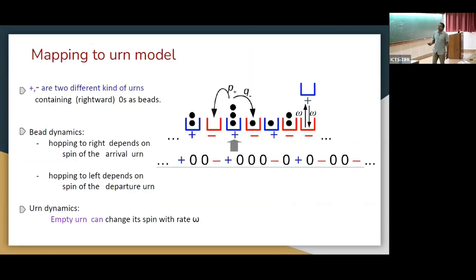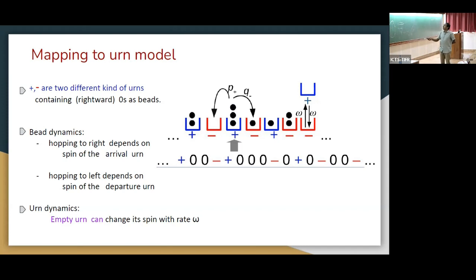So what I do now is that we use a mapping, which is an exact mapping of this model to the R model. So any configuration of the system is just like that. No? There is a particle, and these are two vacancies. There is a minus particle, plus particle. This is a configuration. So what I do is that the plus particle is like a box, plus box. Okay, and there are two zeros, like two particles. Minus particle, minus box with one minus box, no particle. Plus box with three particles. Minus box with one particle, plus box with one particle. That's the mapping I do.